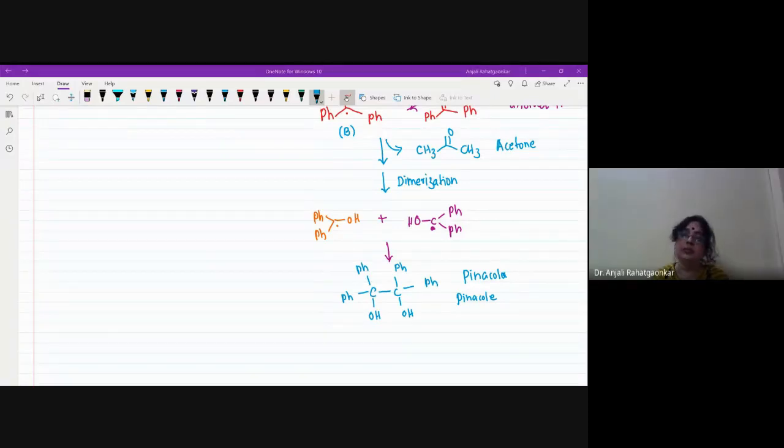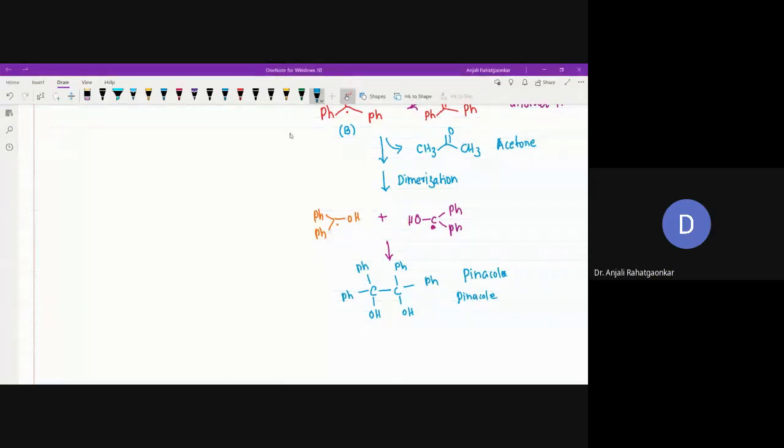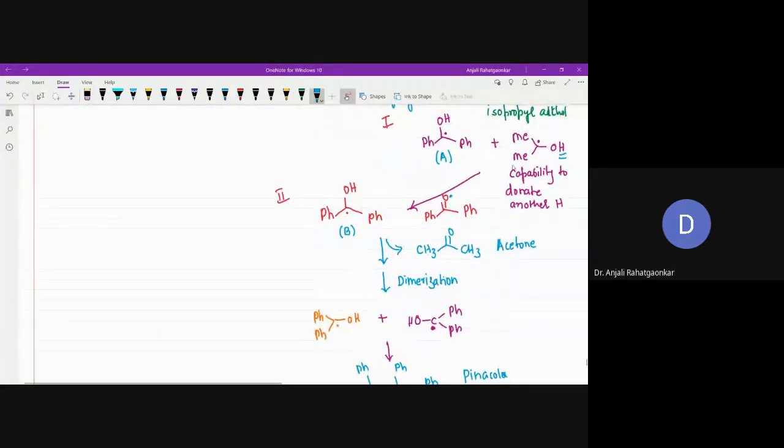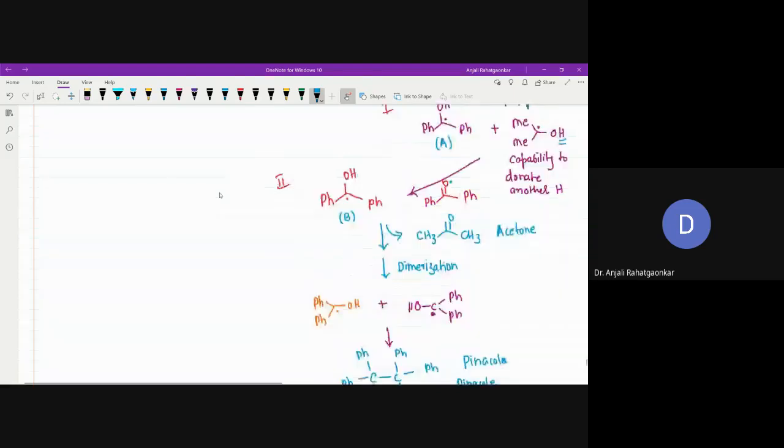Only you have to remember that at this point, see, up till now it will be okay, but you have to remember that this free radical has a capacity to donate a proton, and because of this it can generate another free radical. Okay, so overall we can say that